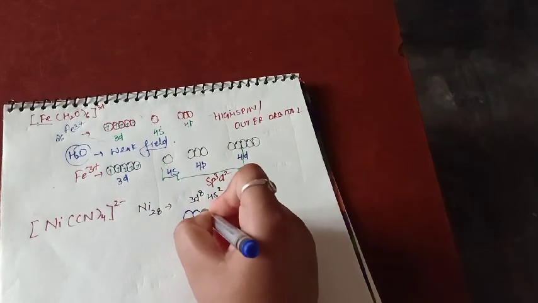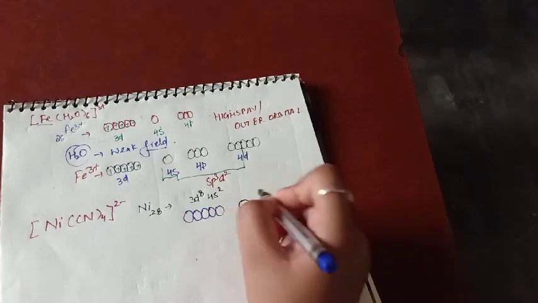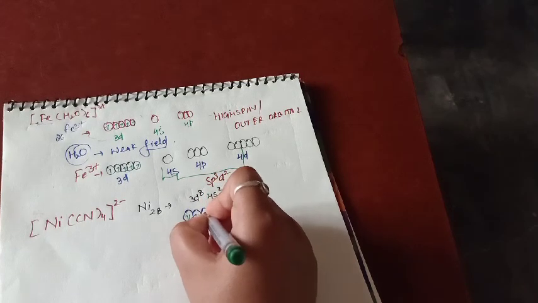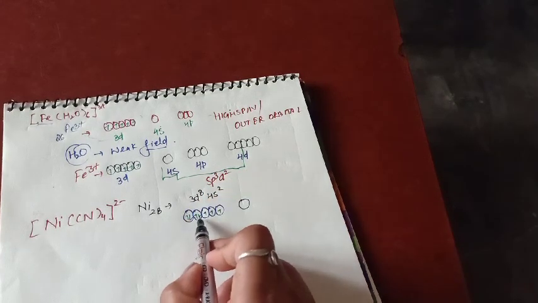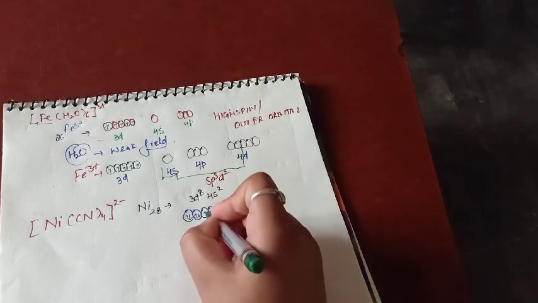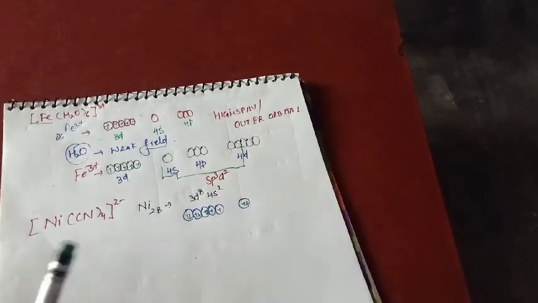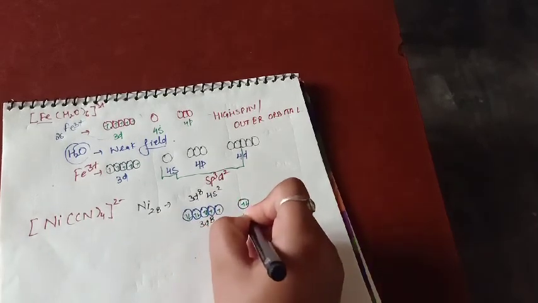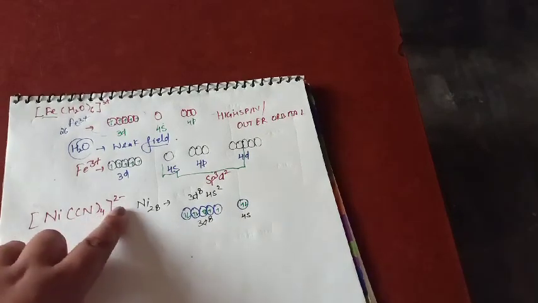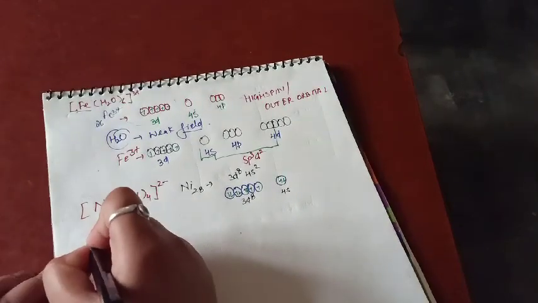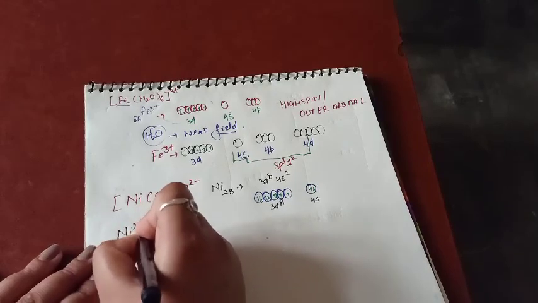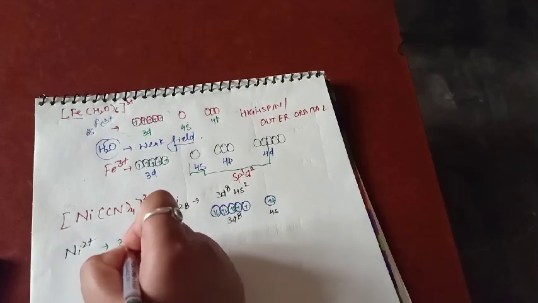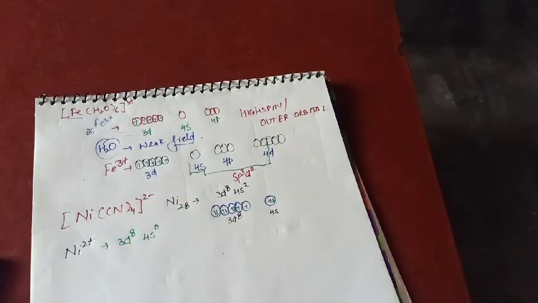फर्स्ट ऑफ ऑल 1 2 3 4 5 4s. सो अकॉर्डिंगली यू विल फिल द इलेक्ट्रॉन 1 2 3 4 5 6 7. सी 1 2 3 4 5 6 7, one more will be there, 8. Okay, so this will be the electrons here, 3d8 4s2, है ना. अब निकल आपकी यहाँ पे जब व्हेन यू विल कैलकुलेट द ऑक्सीडेशन स्टेट, आपको निकल यहाँ भी मिलेगा विच ऑक्सीडेशन स्टेट में, +2 में. अगर निकल +2 ऑक्सीडेशन स्टेट में आएगा, सो उसके अकॉर्डिंग आएगा हमारे पास 3d8 4s0, ये पिक्चर आएगा.